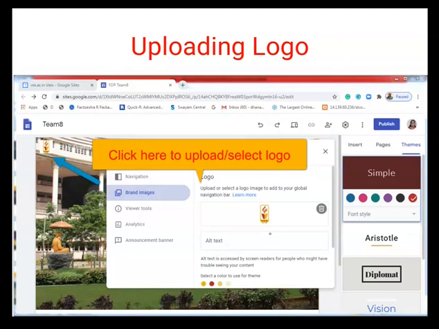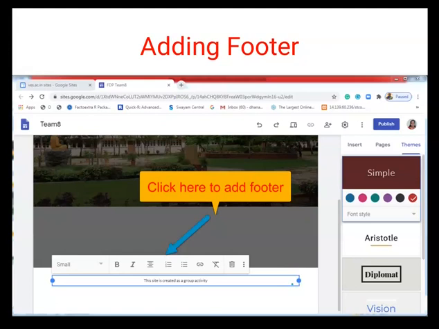For uploading a logo, it should be available in our system, in our PC. Otherwise, we can select it from Google Drive. Once uploaded, the image will be reflected as a logo on the title page. So this is nothing but adding the headers to our websites.